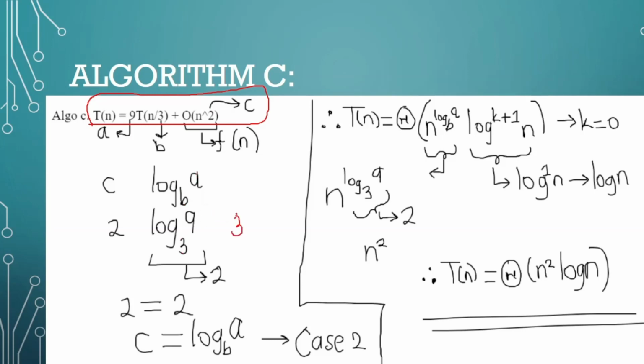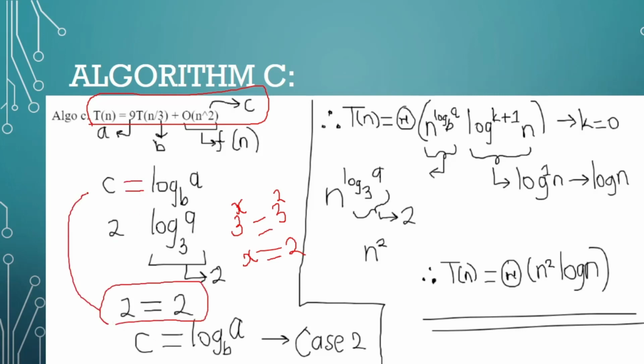So 3 to the power of x equals 9, which is just 3 squared. So x equals 2. Therefore, we get that c equals 2, log to base b of a. So 2 equals 2, therefore c equals log to base b of a, and this corresponds to case 2